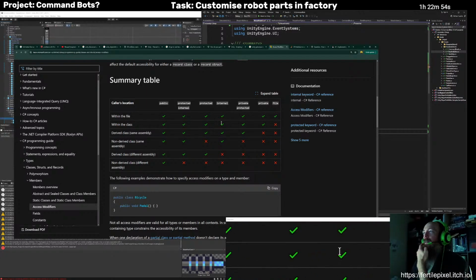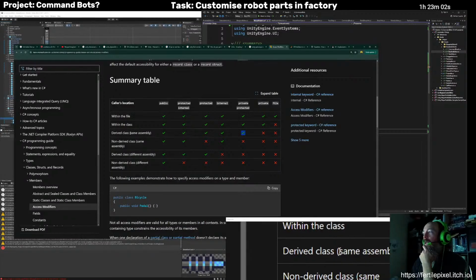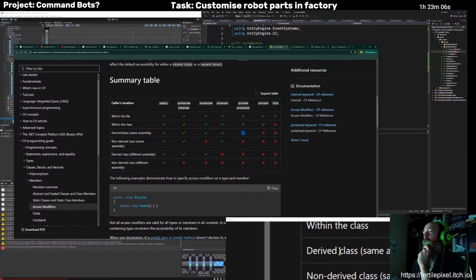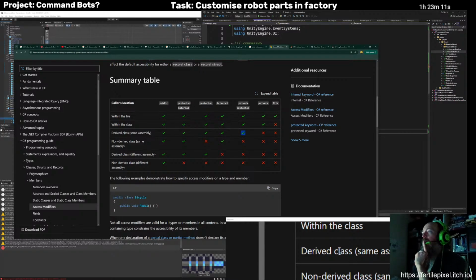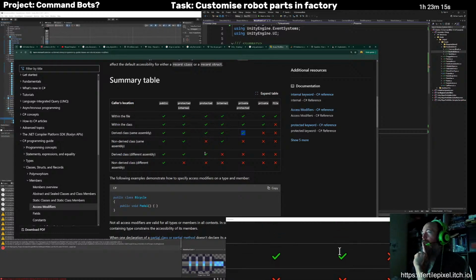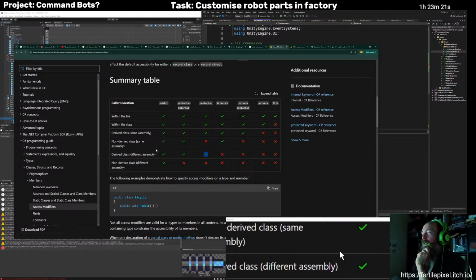And then private protected gets you the ability to access something, in addition to private, from a derived class that's in the same assembly. And then you can just use regular protected, not private protected, to add the ability for a derived class outside the assembly to access.